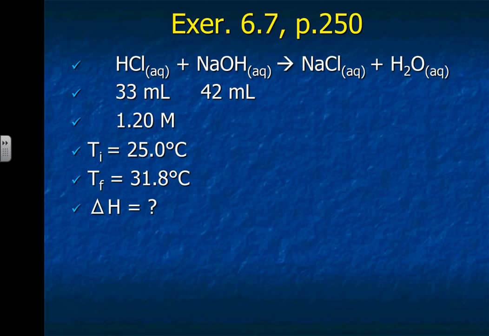And then we have, remember, a thermometer stuffed in through the cardboard lid, and we got a 25.0 degrees Celsius reading on our thermometer before we started, and then we added the sodium hydroxide, and the temperature shoots up to 31.8. Okay, so all very reasonable bits of information that we would have, and they're asking us to find delta H from that. So it mentions, again, in what I read just a second ago, assume that the heat capacity is